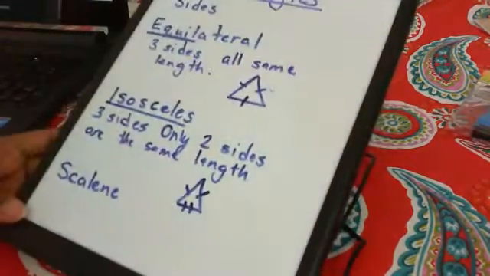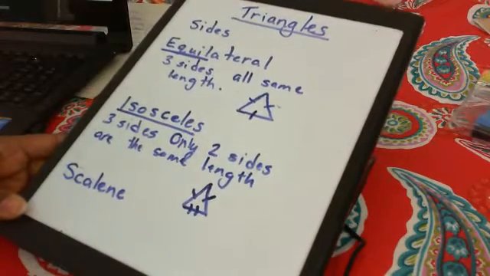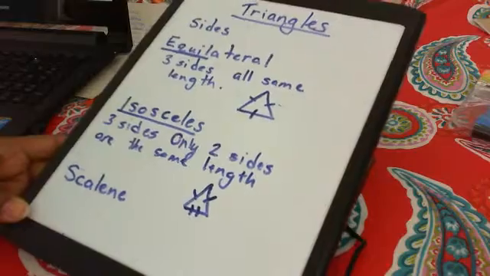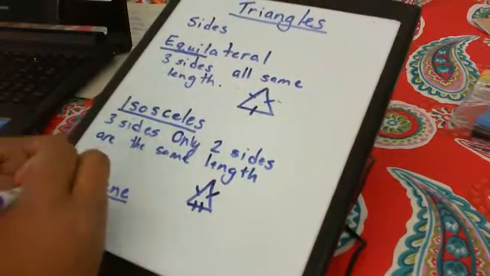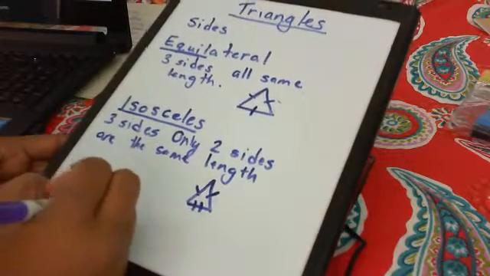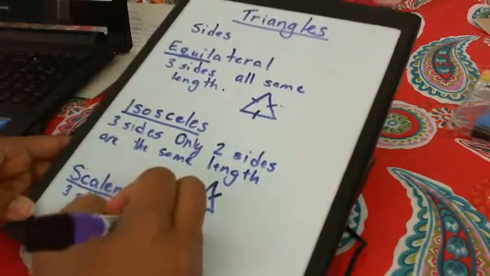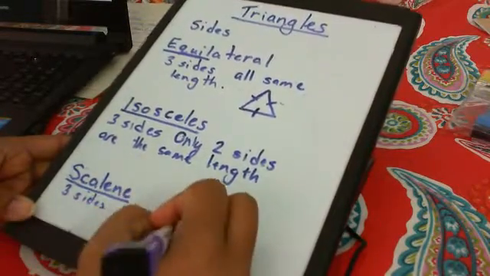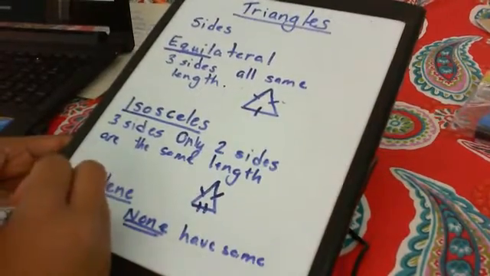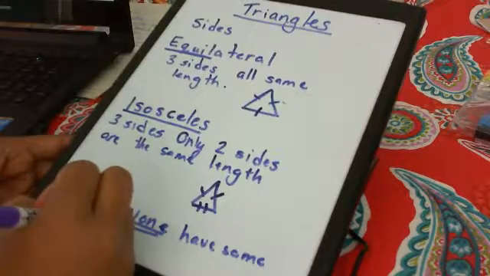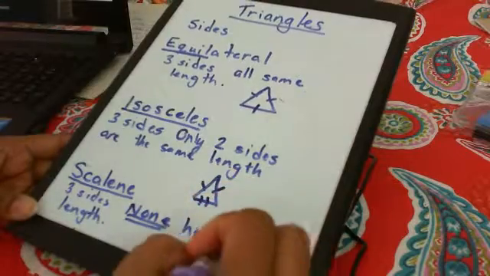And our scalene triangle is our triangle that is kind of like, yeah, I'm a triangle, but I don't want to be like anybody else. So, let's review a scalene triangle. It has three sides because it is a triangle. However, none have the same length. So if we were to draw a model of this triangle,